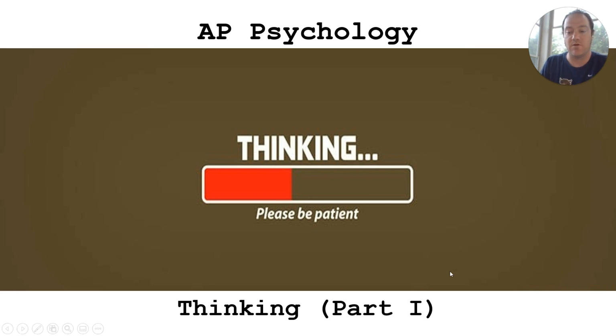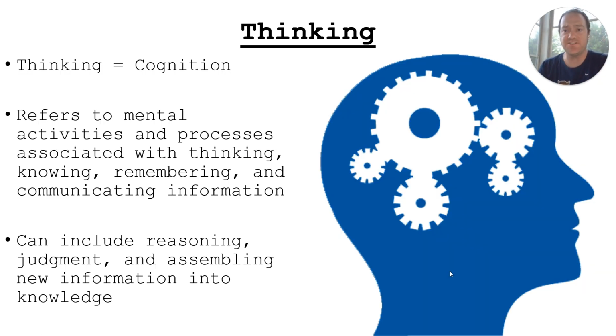Okay. So, like I said, thinking is just cognition, and you can see the definition there: the mental activities, processes that are associated with thinking, knowing, remembering, and communicating information. So, anytime that you remember something and then use what you remember to make a decision, or use information that you already have in your mind to make a decision or come to a judgment or solve a problem, that is cognition. That is using what is in your mind, what is in your consciousness, to make a